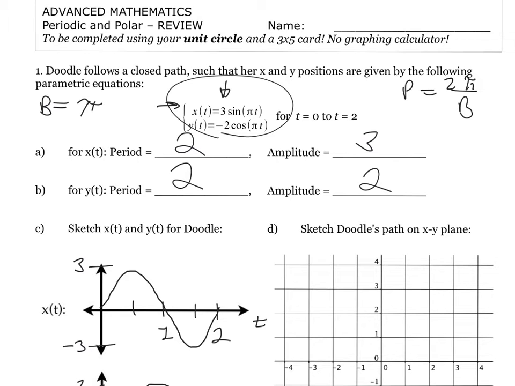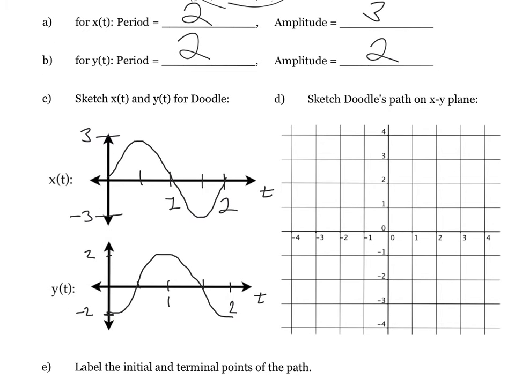But for parametric equations in a path like this, we can change it up. We can say, oh, the x position is given by the sine function, or the y position is given by the cosine function. And that is confusing, which is why we're taking this extra step of graphing these functions independent of the xy plane. Just thinking about what do the functions do, and then we'll put it together on the